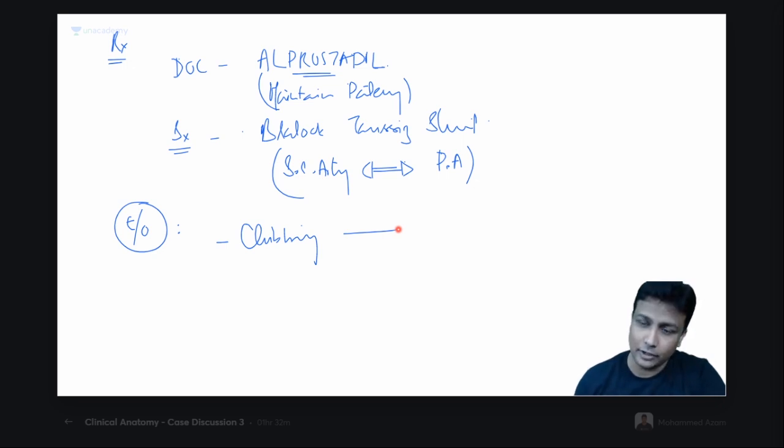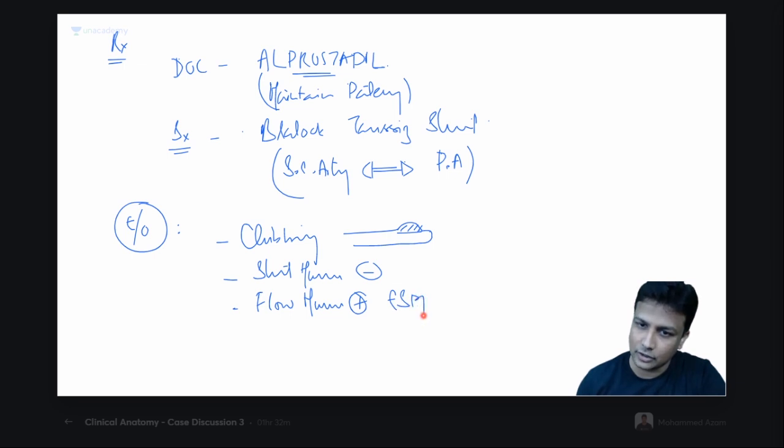So if you just want to write down, because that is also done on examination only. तो शंट मर्मर होगा कि नहीं होगा, एक बार फिर से रिपीट करते हैं. शंट मर्मर यहाँ पर नहीं होगा, नेग्लिजिबल होगा. But yes, you'll be having the flow murmur. That is all on examination, yes. And that will be which one? Ejection systolic murmur, ESM.